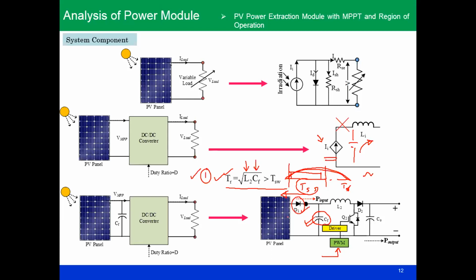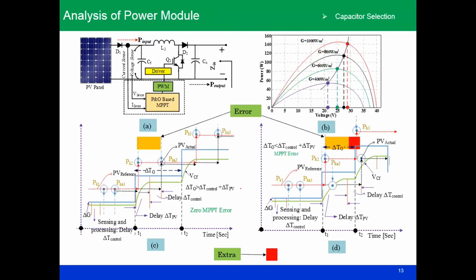Now next, you see in this diagram, I have given a structure which gives a proper circuit and proper analysis of how the circuit behaves. Generally, if you have to implement any kind of algorithm or MPPT, you need to sense current and sense voltage, and that will be fed to the MPPT algorithm, which will give you the duty ratio. It fixes the operating point, it is a converging characteristic, so that you can maintain VMPP at that particular point, and correspondingly maximum power can be tracked.